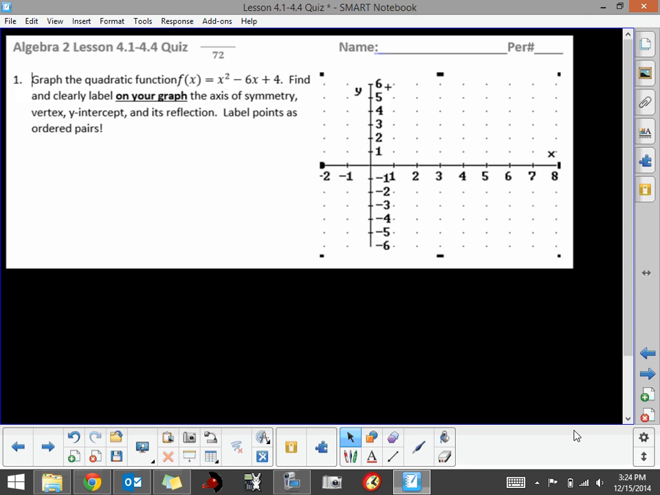In question 1, I want you to be able to graph a quadratic function by doing the very basics of axis of symmetry, vertex, y-intercept, and its reflected point. So in order to find the axis of symmetry, we run our calculation of x equals negative b over